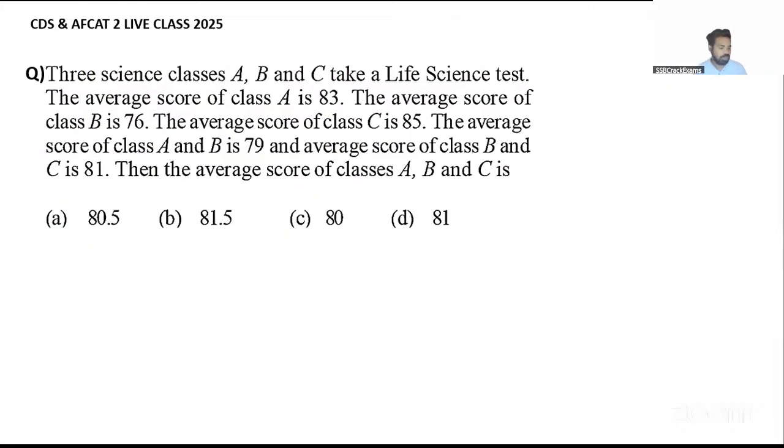Three science classes A, B, C take a life science test. The average score of A is 83. Class means a class of students. The average score of class B is 76. The average score of class C is 85. The average score of classes A and B together is 79. The average score of B and C is 81. And the average score of classes A, B, and C is